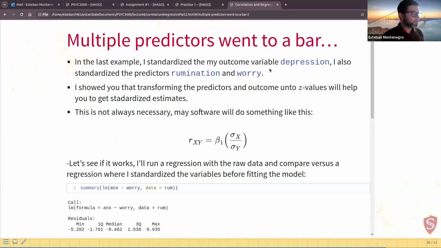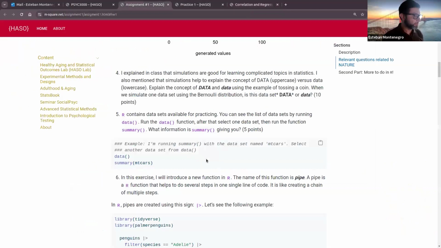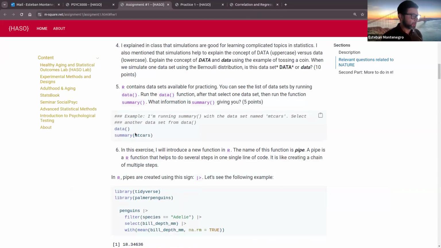Okay, before resuming our lecture, I just wanted to talk about something on assignment number 1 very quickly. And I have observed this in other assignments. I've been checking some assignments, and some of you left in this exercise the data open parenthesis function. And that is causing a problem with Quarto, right? Why? Because